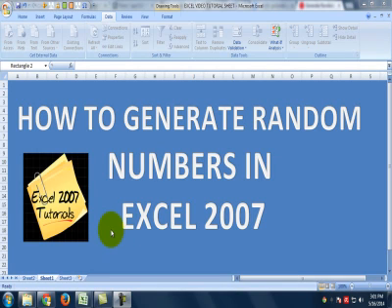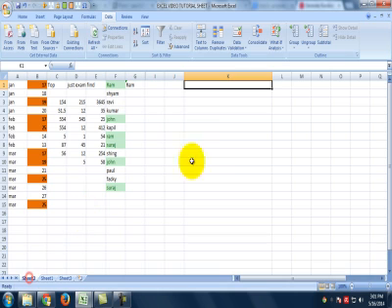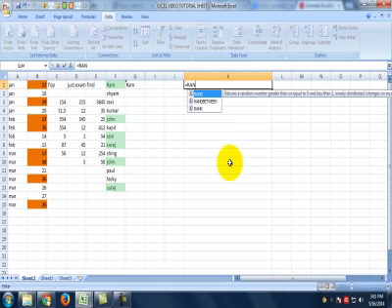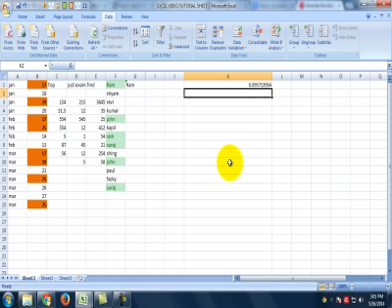Hello friends, today in this video we are going to learn to generate random numbers in Excel 2007. And believe me, creating random numbers in Excel is really very easy. You can do this just by using a simple formula, RAND bracket start and then close and press enter, and you just need to drag